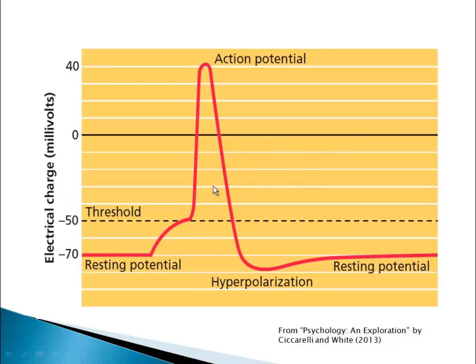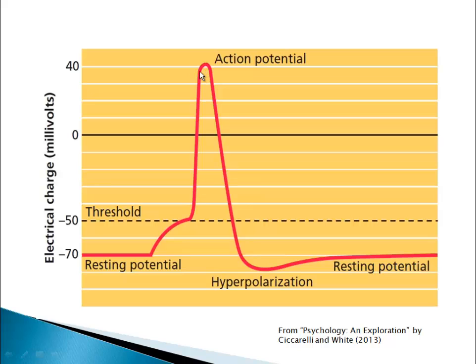Lastly, here's yet another way of looking at an action potential. They're measuring the charge at one particular part of an axon. Okay? Resting potential, minus 70 millivolts. Here come signals from the dendrites. It's getting more and more positive. We reach threshold. The sodium channels open up. The sodium rushes in. The charge gets more and more positive. It goes past 0 because the ones in the rear are pushing and shoving. Right around here, the potassium leaves.